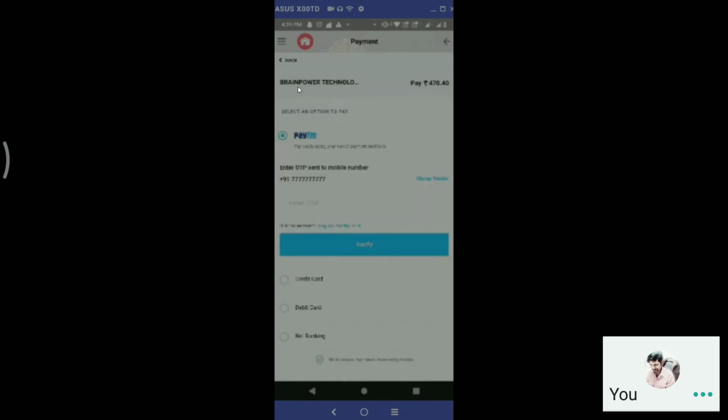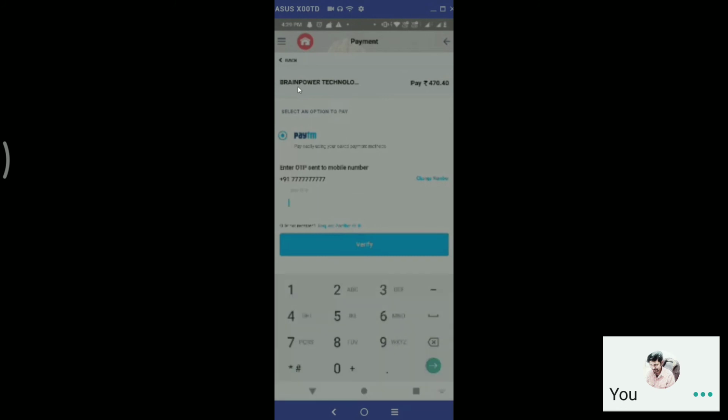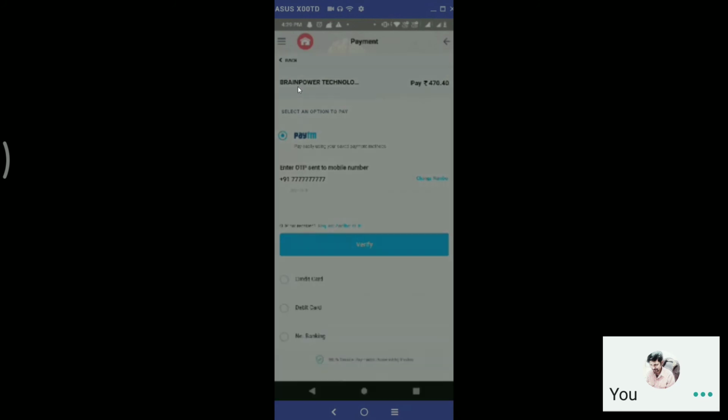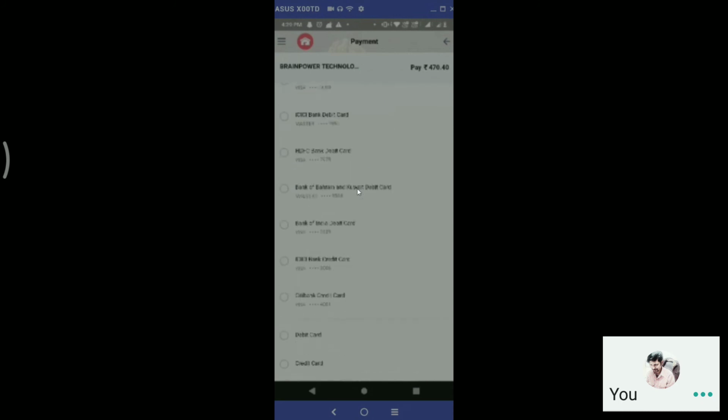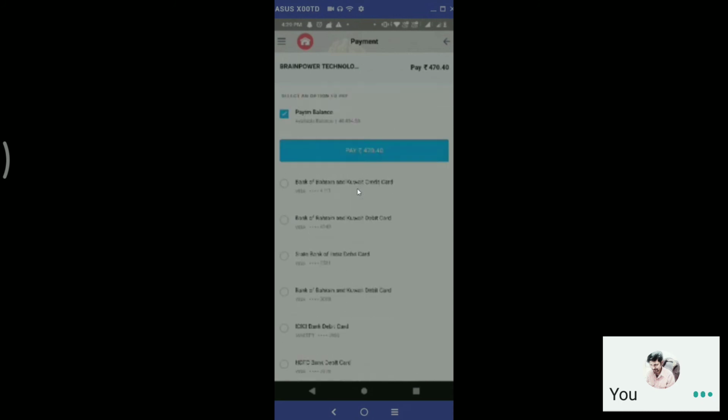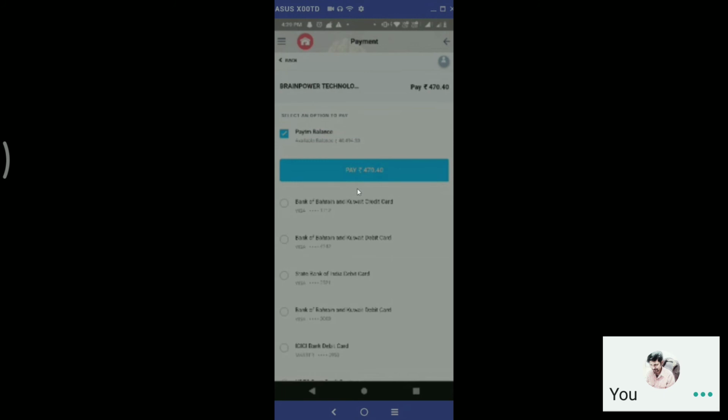This is the test mode of Paytm payment, their test area, so the number and other things they kept fixed. OTP. Here I have the modes of payment like debit card, credit card, net banking, UPI, everything. I also have the Paytm wallet to do the payment. I select pay rupees.